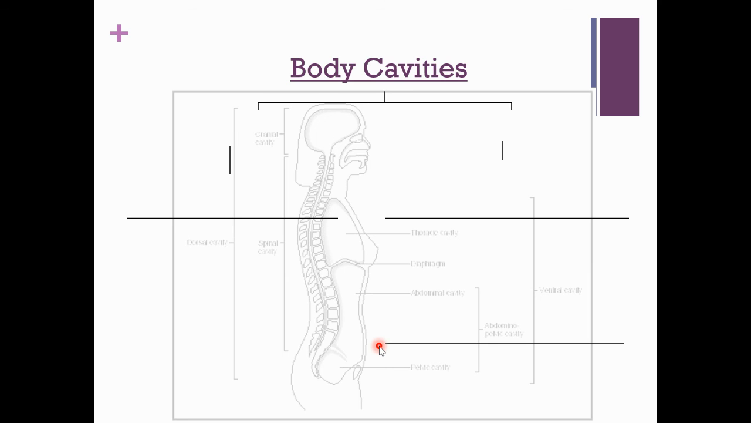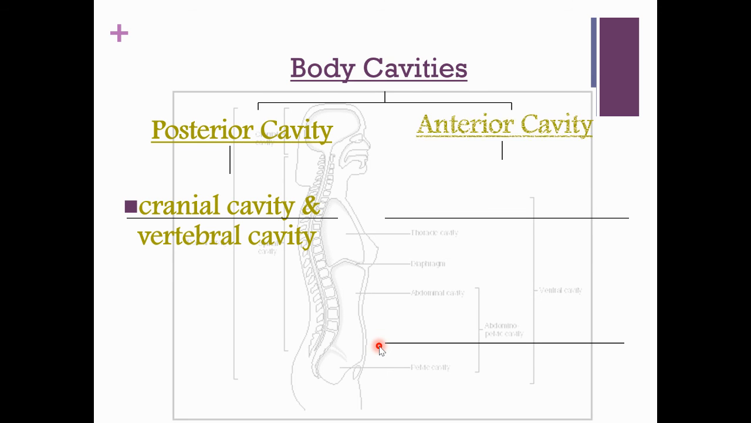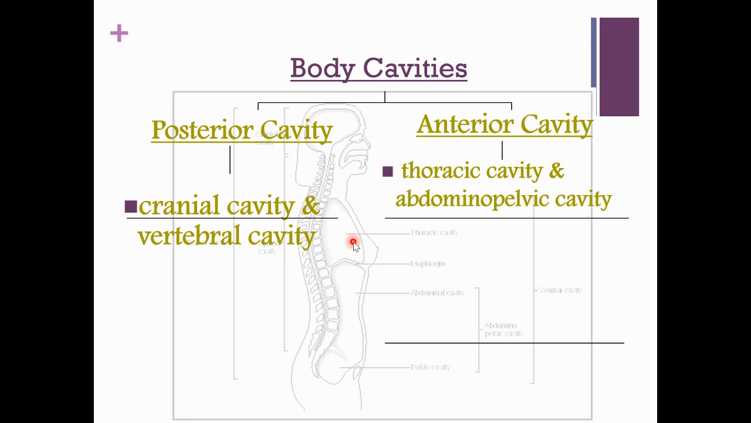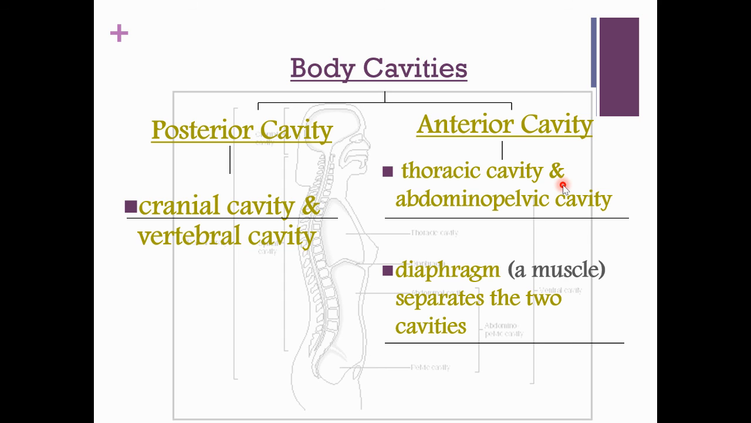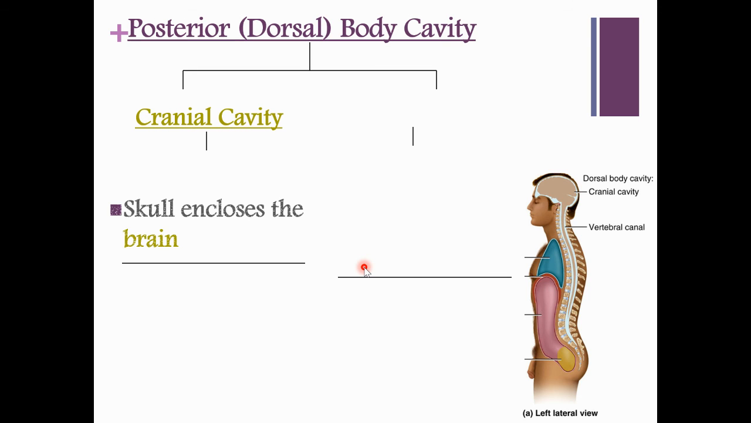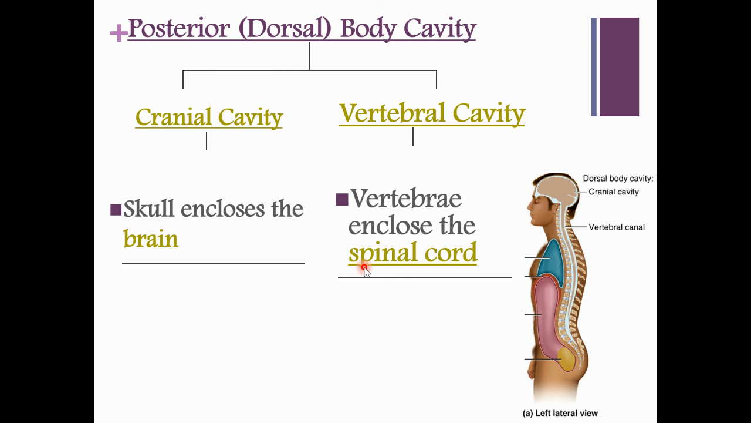So next we're going to talk about body cavities. So you have a posterior cavity and anterior cavities. So you're going to have cranial cavities and vertebral cavities. On your anterior cavities, you're going to have thoracic cavities and abdominopelvic cavities. Your diaphragm also falls into this anterior cavity, which is a muscle that's going to separate those two cavities. So you would see that in this area here. Looking at the posterior body cavities,